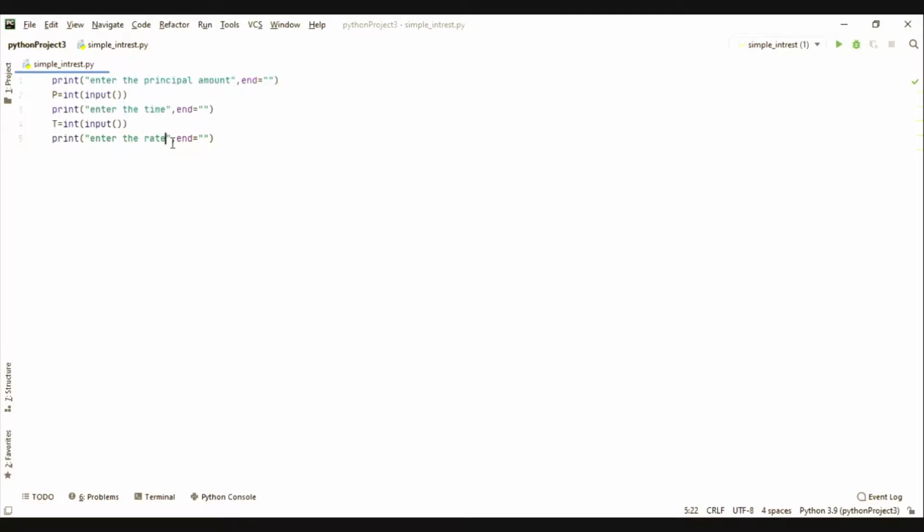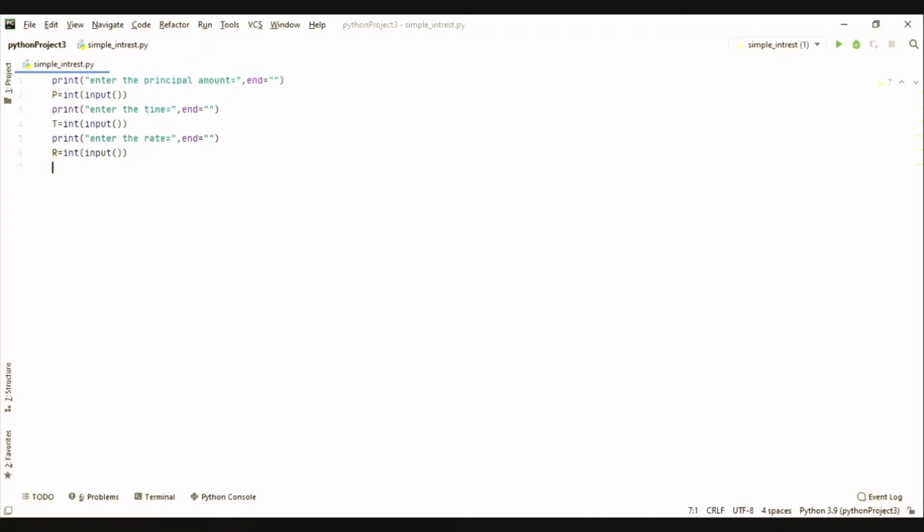Here I forgot that I want to give the equal to, which represents the value for T. Here you must give equal to. Okay, and now go to R as an input. In capital letter, R equal to int in brackets input and close the brackets, it's completed.